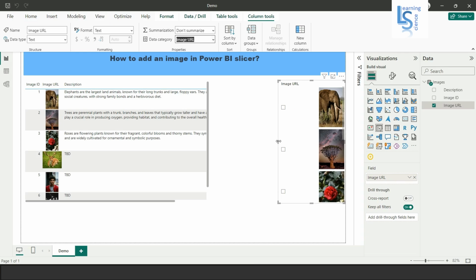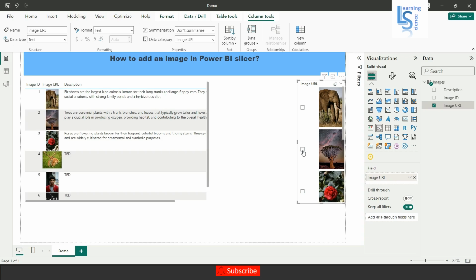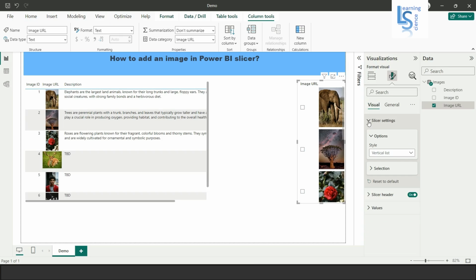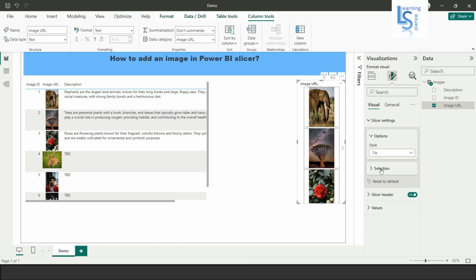And now from here you can slice your table, okay, as usual. Now this is actually the list view. If you want to change to the drop down, you can also do it from here, and you can see the picture here in the drop down. Now if you want tiles, you can do the tiles also, and from here you can scroll, okay. So if you select this one,